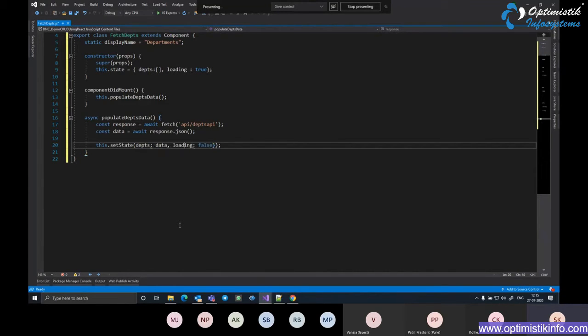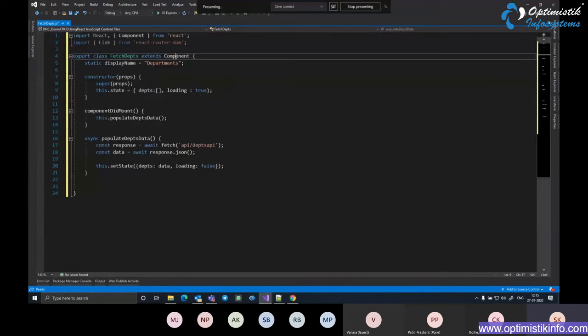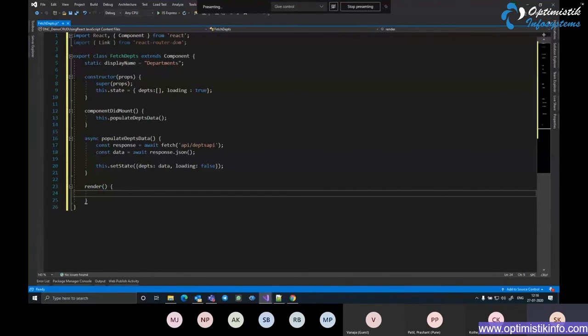I should have wrapped this in curly braces because I'm representing a JSON object to be used for setting up the state. Okay. Next, there is another method which is already coded inside your base class Component and internally called. So I need to override that. The name of the method is render, which does all the UI generation stuff for me. So I say render. Here I define a variable named contents by using a let contents statement equal to this